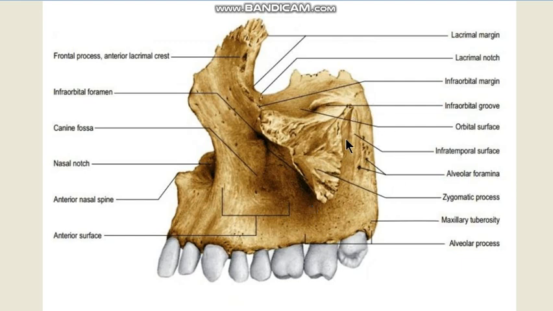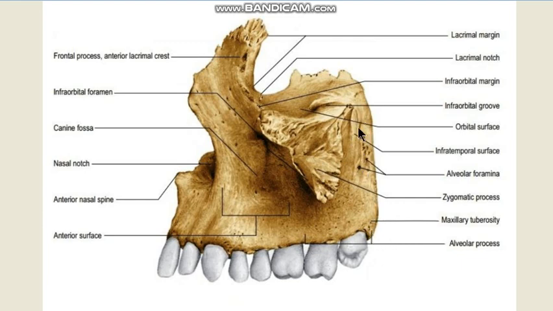Now if we go to the posterior surface, you know that this posterior surface forms part of the infratemporal fossa, and over here it articulates with the pterygoid process of the sphenoid, and the gap in between them forms the pterygomaxillary fissure, through which you have the entry of the maxillary artery. And over here you have the attachment of the lower part of the pterygoid process, and into this small gap fits in the pyramidal process of the palatine bone.